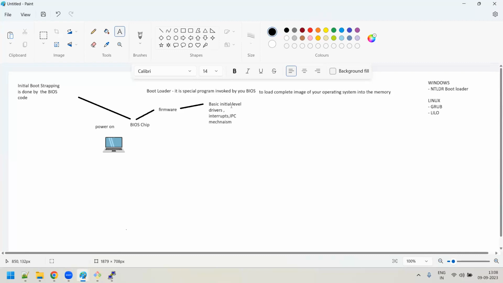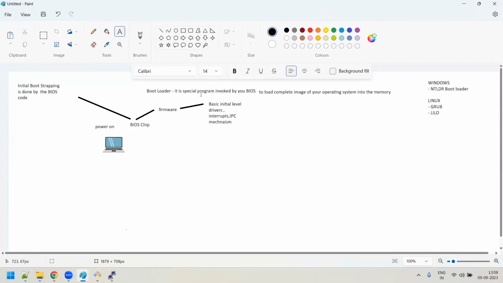Now you might ask, sir, operating system itself is not there. How are these things getting detected? Because BIOS has very initial low-level drivers which can communicate with all the devices, even though there is no operating system at the very initial stage. Still, the BIOS can detect and communicate with these devices.